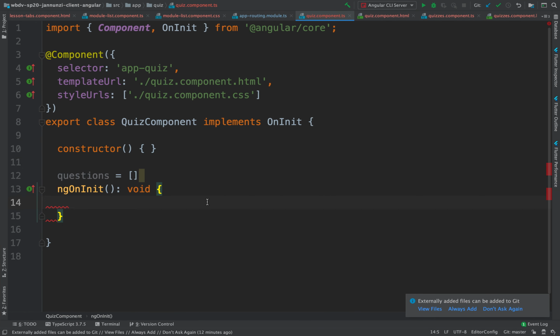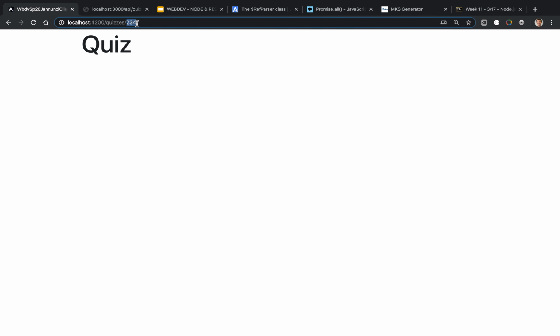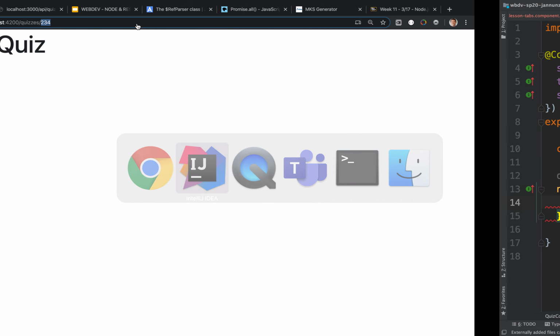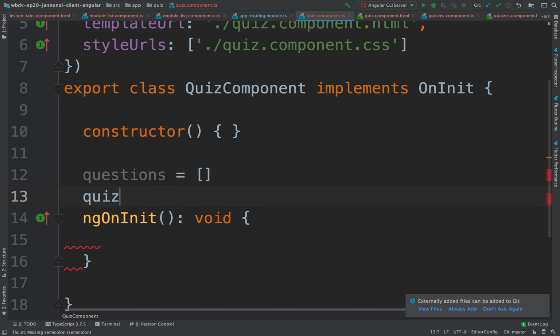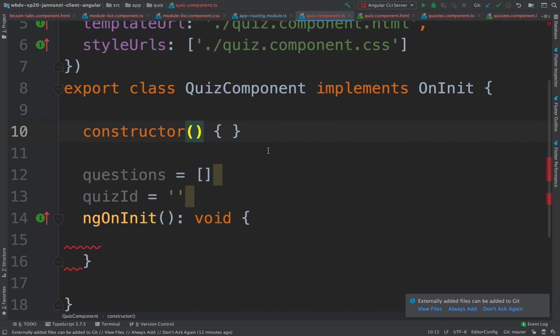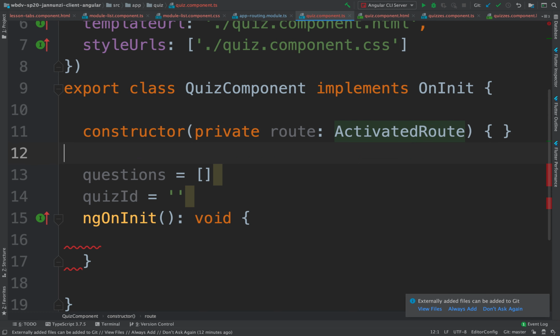So from the component, when we navigate to the component, we have the ID of the quiz as part of the route. So what we could do here is parse the quiz ID. We'll initialize it as an empty string, and we can use the activated route to parse that quiz ID. So let's declare here a route to grab a hold of the activated route, and then we can use